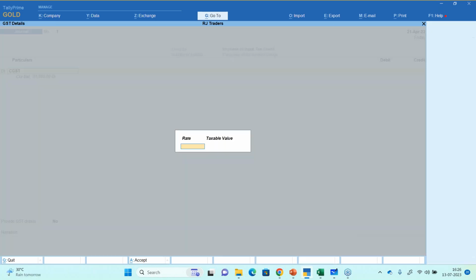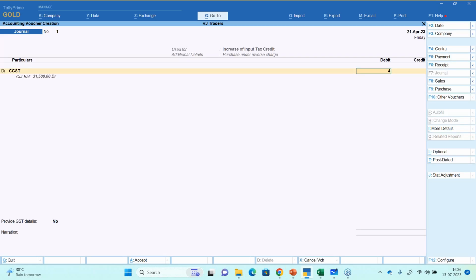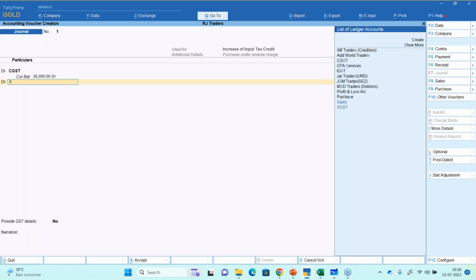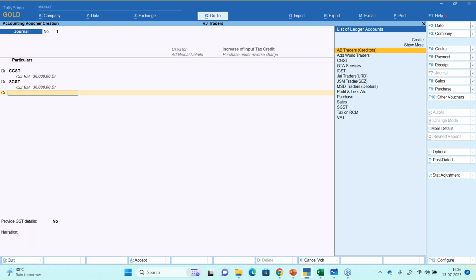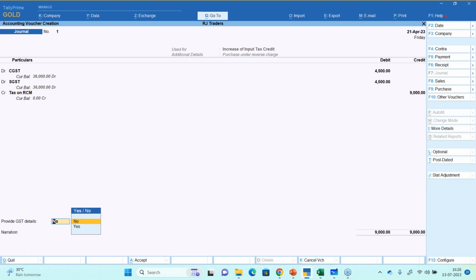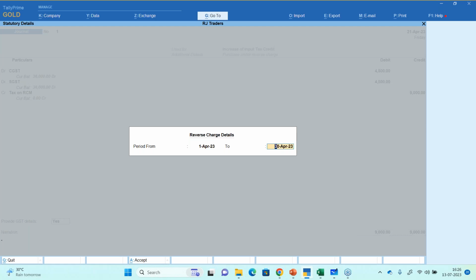CGST 9%, 50,000, 4,500, debit SGST 4,500 and credit tax on RCM and provide GST details. Okay, under provide GST details you need to press yes. Okay,